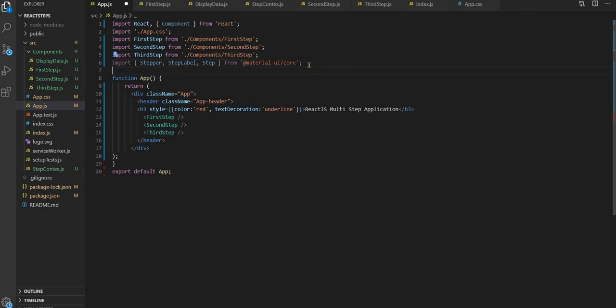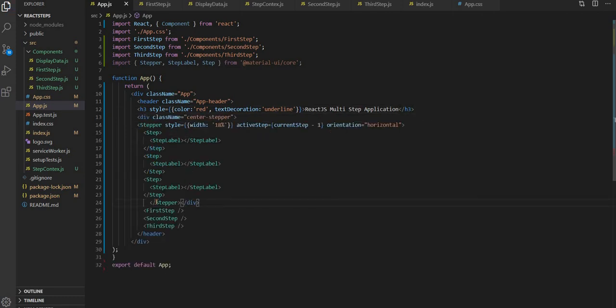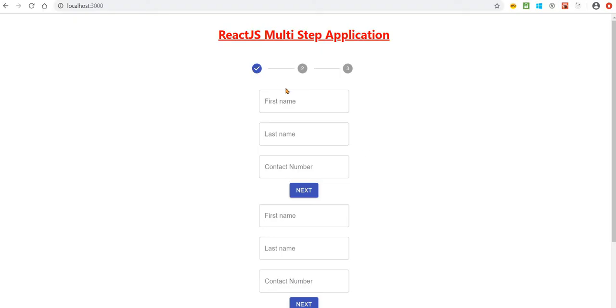So we have imported this. Yeah, so to save the time I'm just copying it, so you can pause the video and you can get it. So let's put it below the title, and so just give it initial level as 1 active step. So let's check it on browser. Yeah, we have our steps.